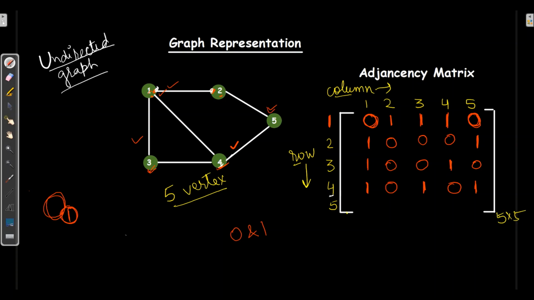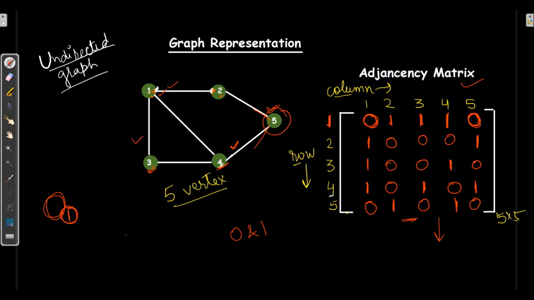Then we will check for 5. 5 is having edge with 2 and 4, so I will put 1 in both cases. Rest I will put 0. So this is how we can fill the edges in the matrix. This represents the edge. 1 is having edge with 2, 3 and 4.